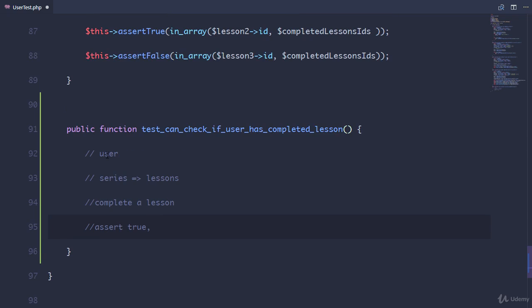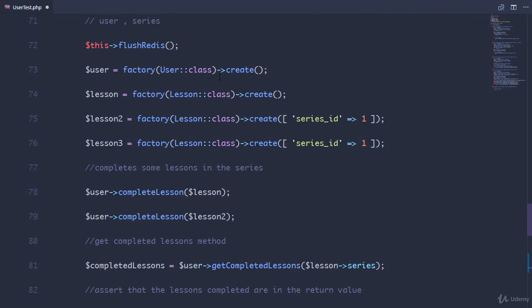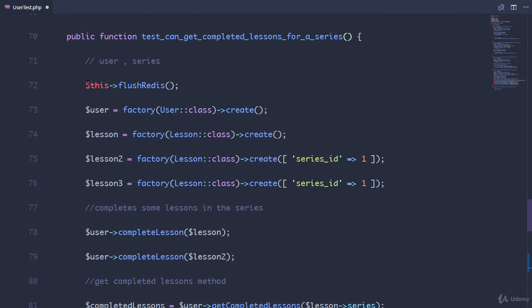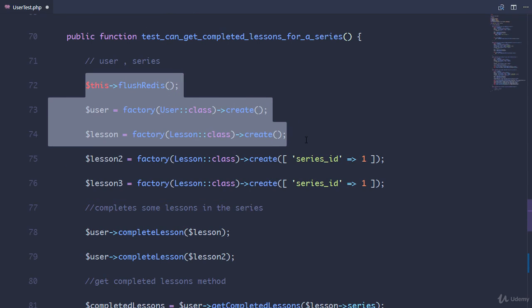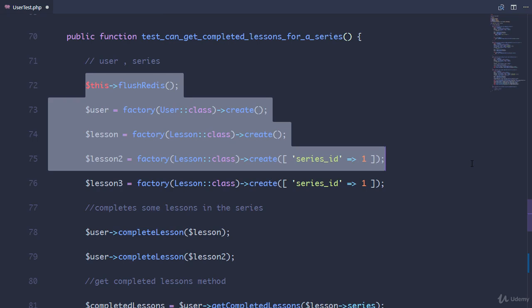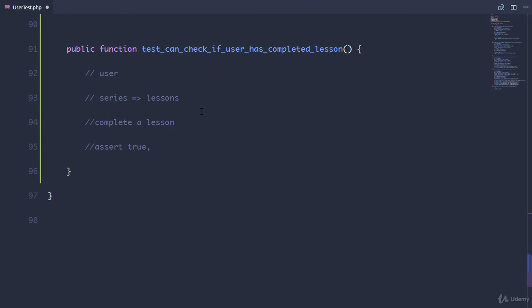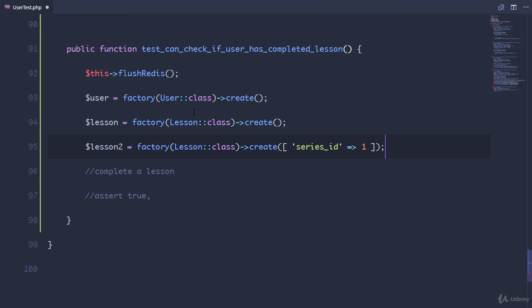Okay, so create a user. We can copy that from here, and by the way, we're using Redis, right? So we're gonna flush Redis. So this flush Redis, create a user, create a lesson, create another lesson in that series. So I'll copy that and this will take care of both steps. So we flush Redis, create a user, create a lesson, create another lesson in that series, which is lesson 2,